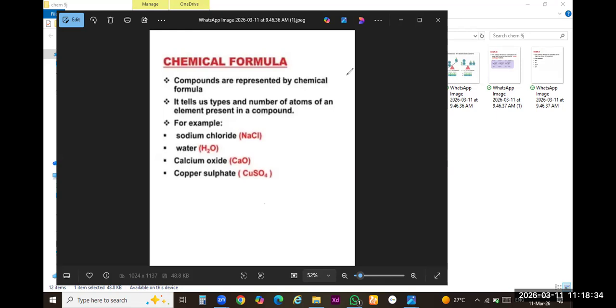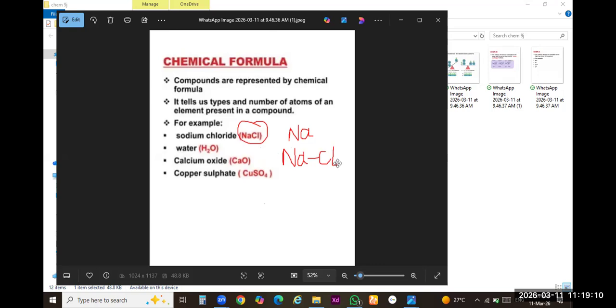Class 9, follow these steps. First of all, whenever you will write the chemical formula, you should know about the concept of element and molecular compound. I have told you in a singular form, we can say these are elements. In the free state, you can say these are all elements. When these elements make a bond with any other element, can you see this? I am drawing this, can you see it?